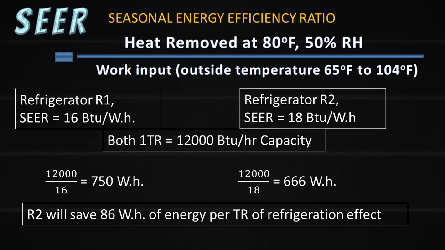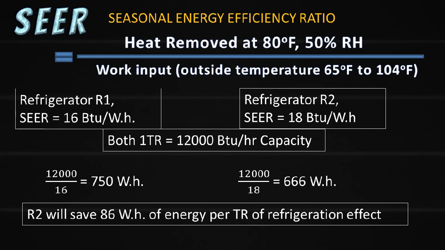While evaluating more accurate performance of a refrigerator or AC unit, the seasonal energy efficiency ratio is used. In practice, the inside temperature of a refrigerator is almost the same over a period of time, but the outside temperature varies over the year with weather conditions at a given location. Hence, SEER is calculated by taking outside temperature from 65 degrees Fahrenheit to 104 degrees Fahrenheit. Hence, SEER is EER at different outside temperatures.